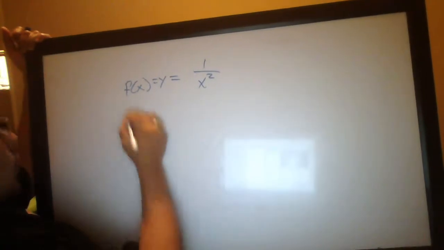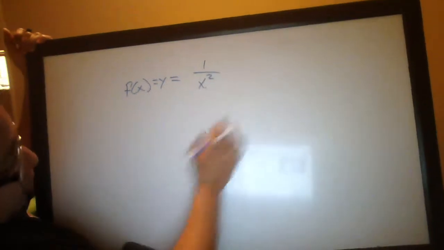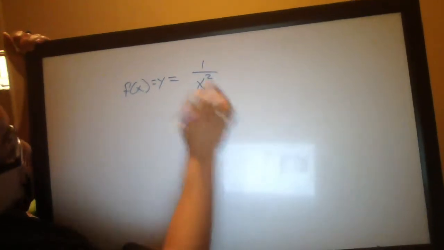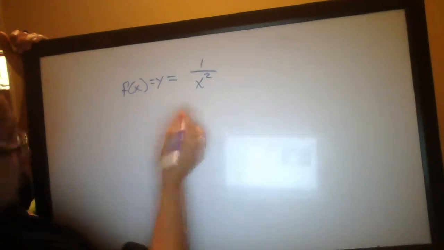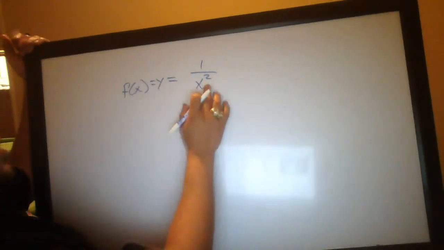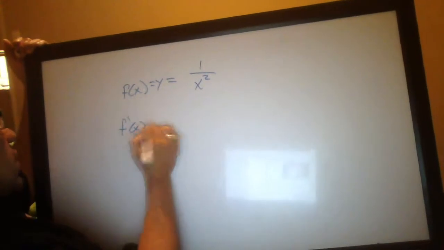So the quotient rule says if you have a variable in the denominator and the numerator, then you would say f prime of x is equal to,